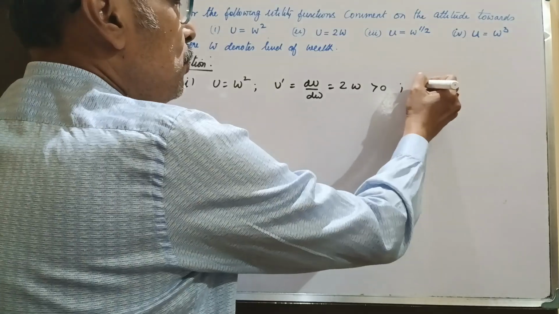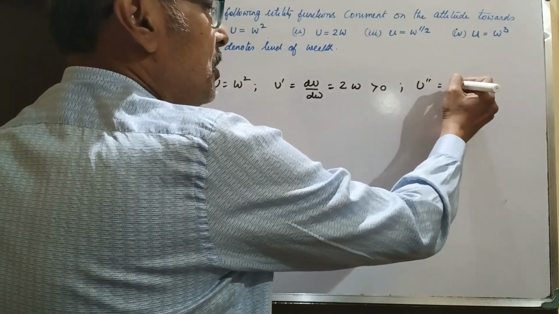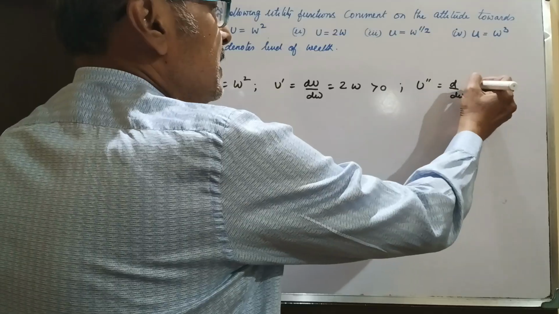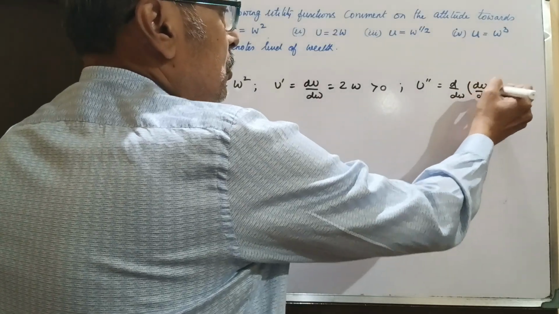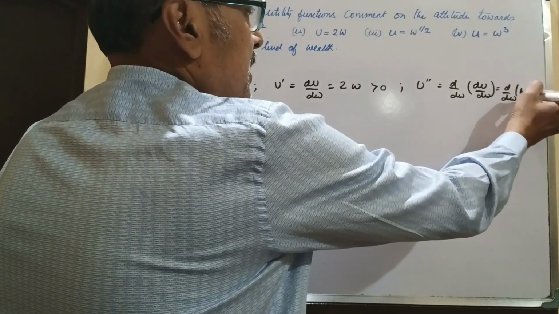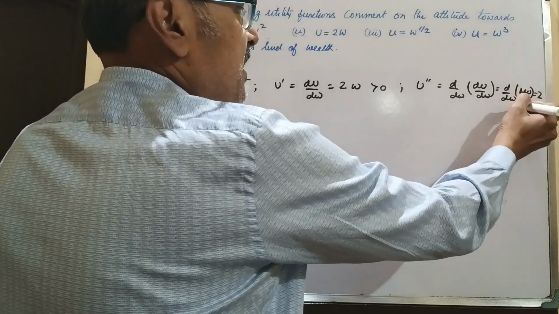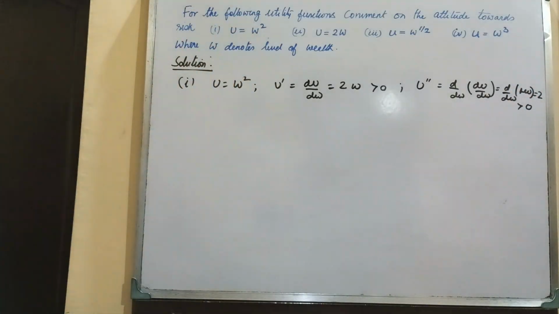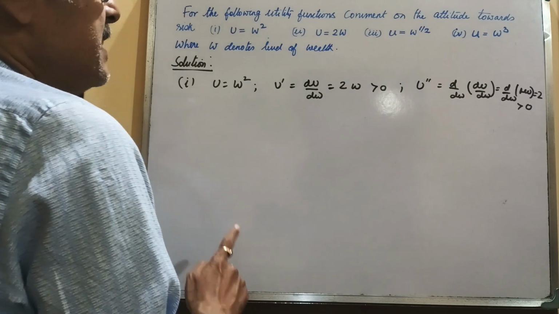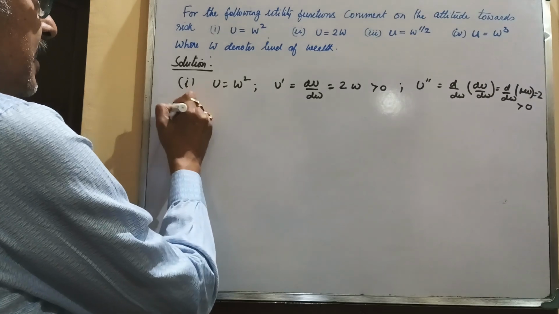And u double prime is d/dw of du/dw, that is the marginal utility of wealth, equals 2, which is greater than 0. That means as w rises, marginal utility of wealth increases. Therefore, the individual is called risk lover,